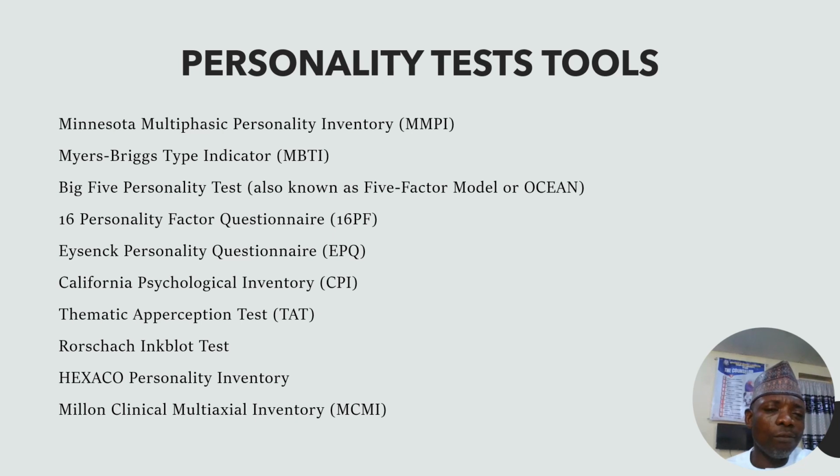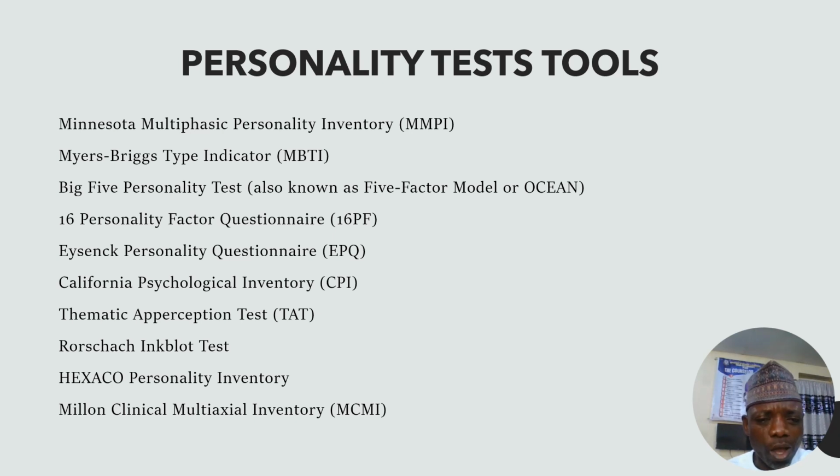And the following, if you take a look at this slide, are the personality test tools that we are going to dish out to you. These tools have undergone the psychometric properties that I have mentioned. Number 1 is the Minnesota Multiphasic Personality Inventory, MMPI. The next one is MBTI. The next one is OCEAN, which is for personality testing, as we've been using day in, day out. And the next one is the Personality Factor Questionnaire. It's a very good one that will help you to support your client.